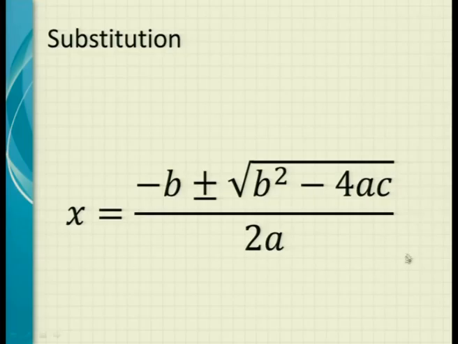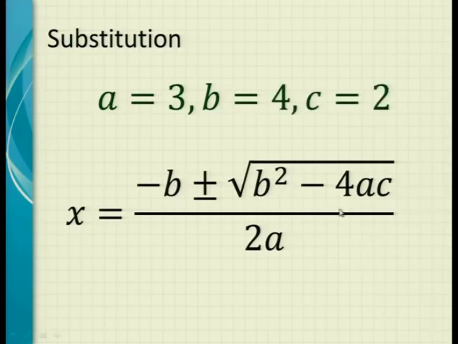So how do we substitute in this formula? Exactly the same way we did in the first lesson. Let's say we get A equals 3, B equals 4, and C equals 2, and we need to substitute. Again, identify the variable. Let's make them red, blue, and green for A, B, and C. Where do we find a variable? This B is the first variable that we see. So just in your imagination, make the B blue, make the A's red, and make the C green.